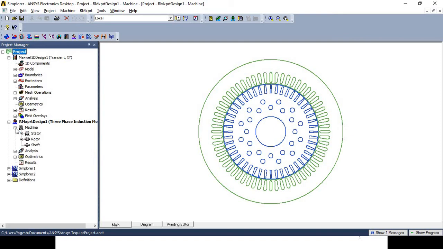during the first lecture we had designed this three-phase induction motor, and in that case we had discussed that first of all you have to go to the option of insert RMxprt design.